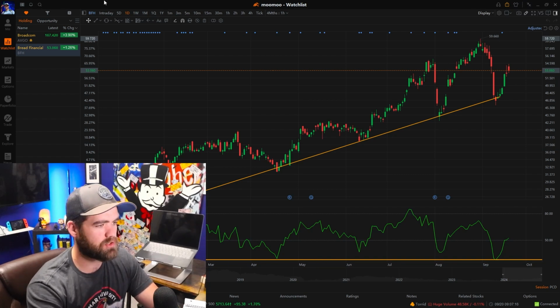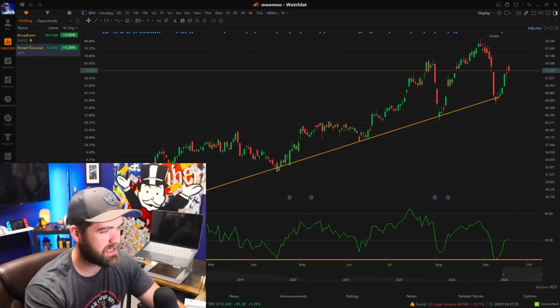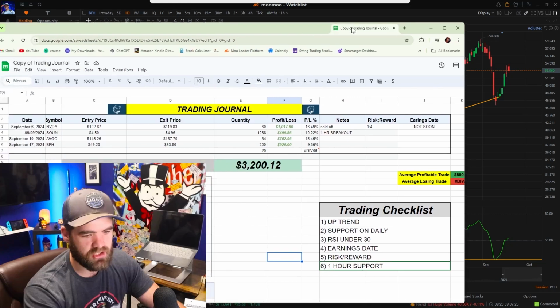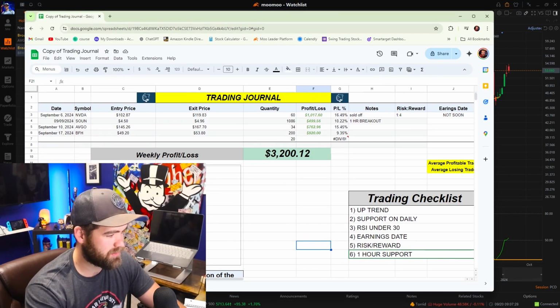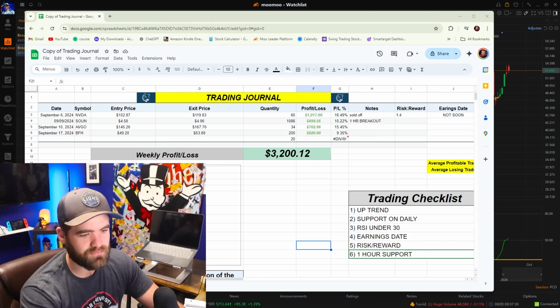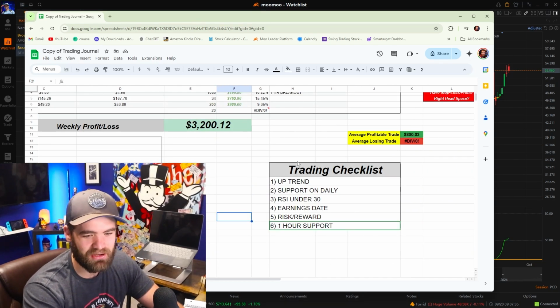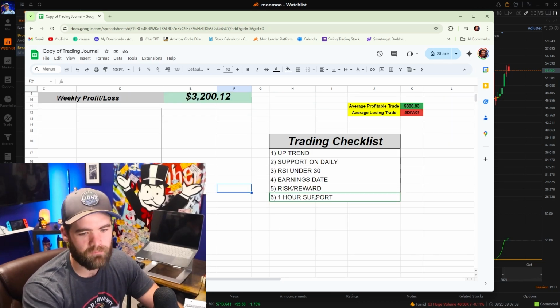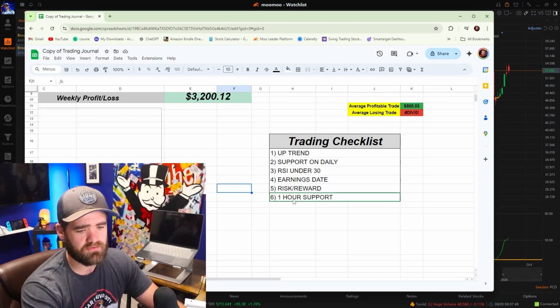So let's start talking about why I bought this trade. The first thing I want to talk about is the checklist. This is not with my small account that I'm growing. This is with my larger account, so if you look at the profits, it's not from this account. Okay, so this is my trading checklist. Obviously, some of these are adjustable. The first thing I want is an upward trend, support, undervalued RSI. I want to know the earnings date, good risk and reward, and then some sort of support on the 1